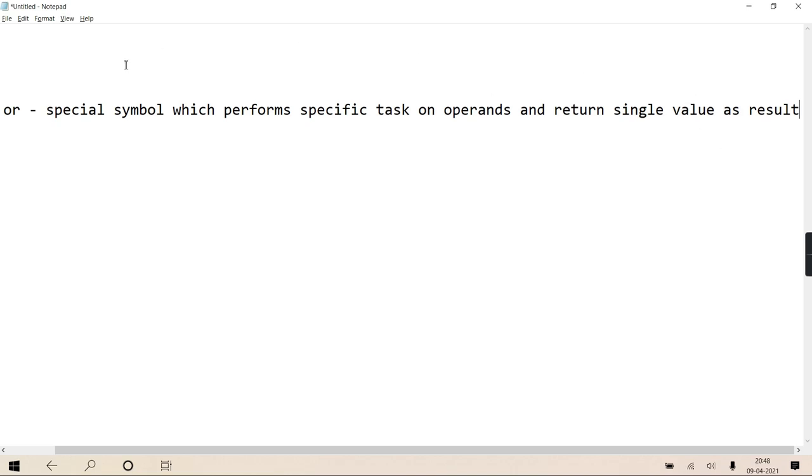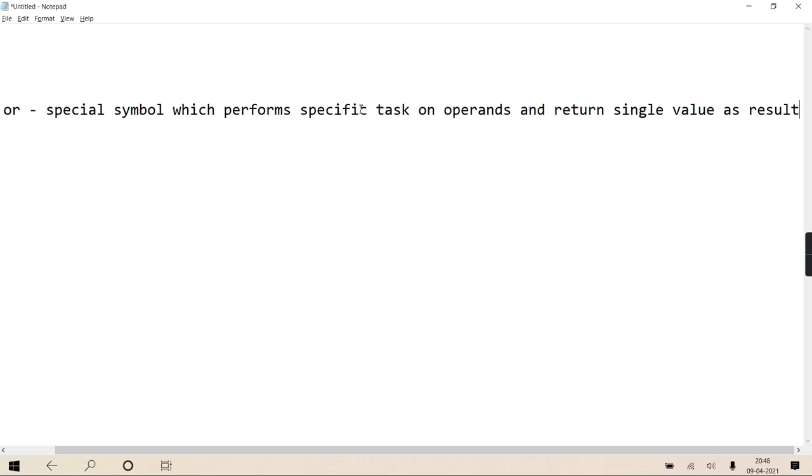It is impossible. Every operator is assigned a specific task, and it has to do that task, and after doing that task it has to return a single value as a result.